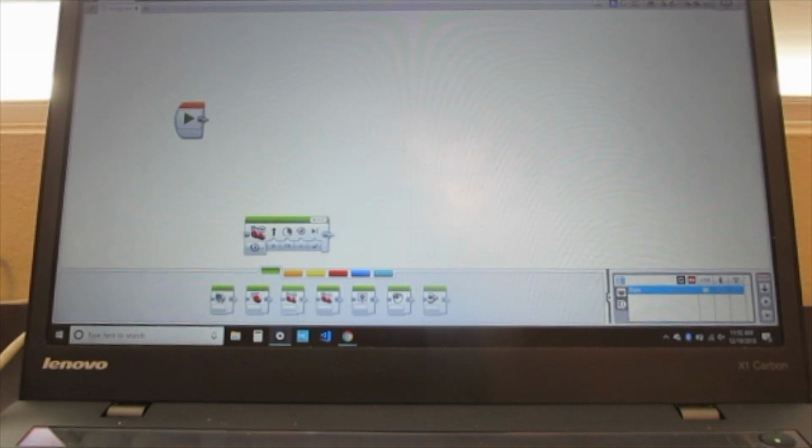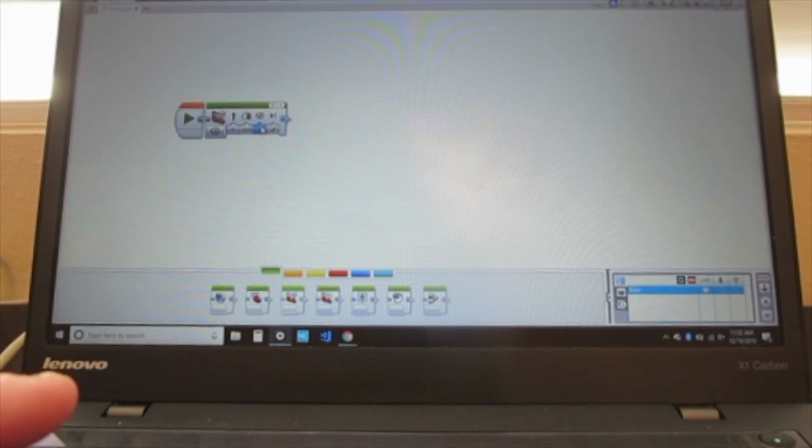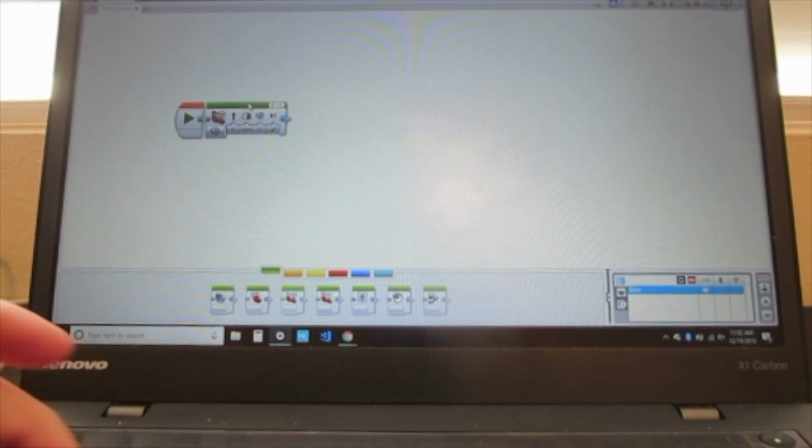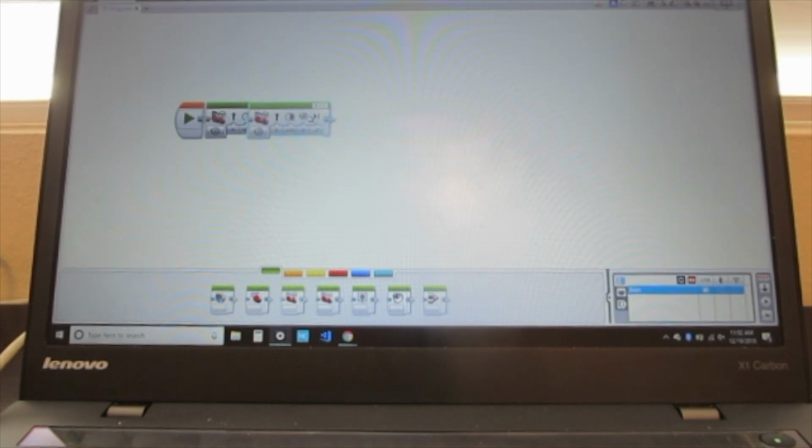So we are going to do move steering with ports A, B, and C, run them at full speed forward for, let's say, 2 rotations. Now we are going to copy that block and make another one of them. And instead of having it move forward, we're actually going to have it turn,